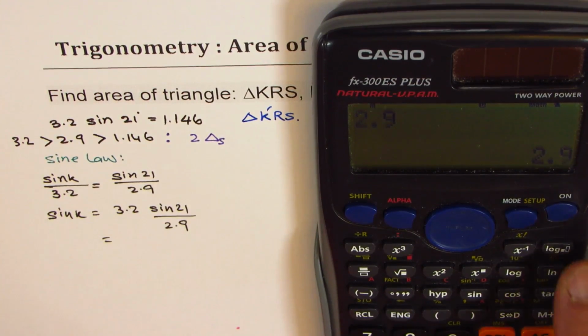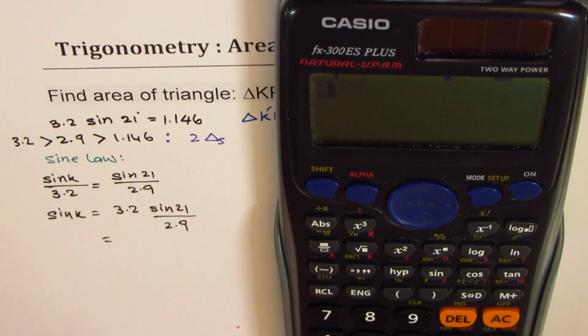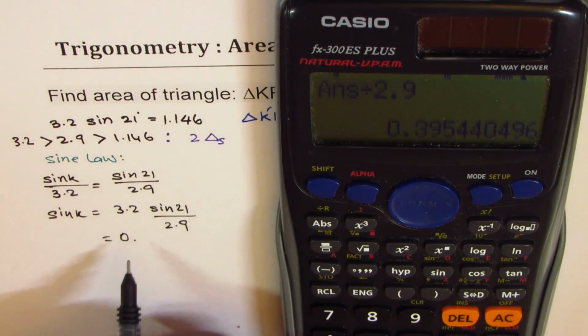Well, there seems to be something wrong. Let's redo it. 3.2 times sine of 21, and we divide by 2.9 equals, yeah, that's more likely,